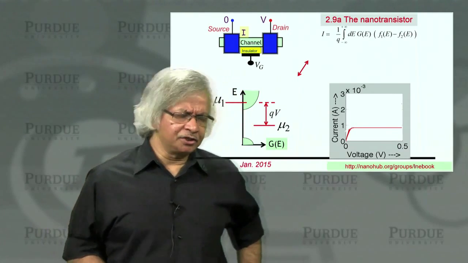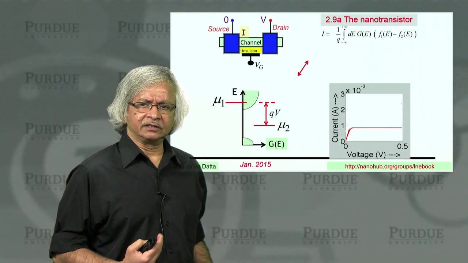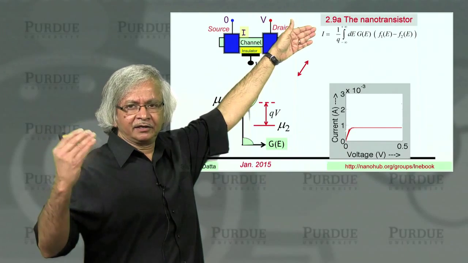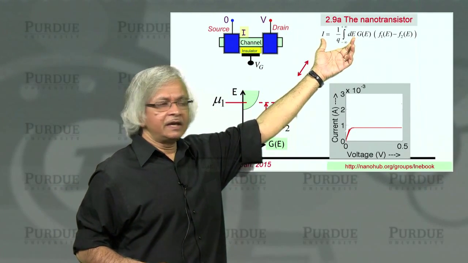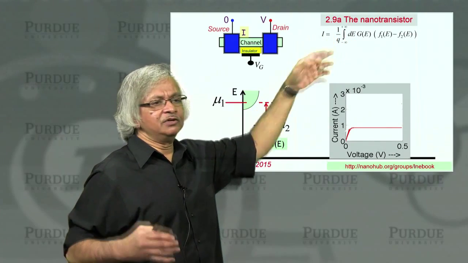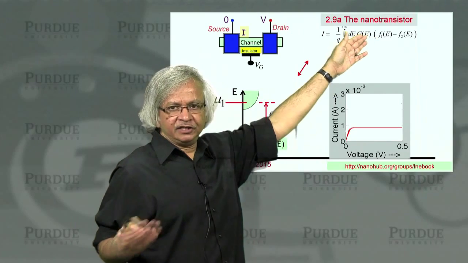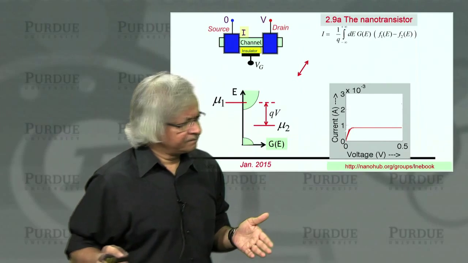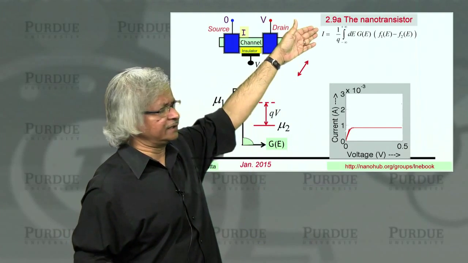So you'd say, well, that shouldn't be much of a problem because the expression we had for conductance, we actually started from this expression, if you remember back in Unit 1. This was the expression for the full current. And what we had done was, we then used this Taylor series approximation and got this dF, dE, and that's how we got the expression for the conductance. So you'd say, well, if you want the entire current voltage characteristic, just use that.